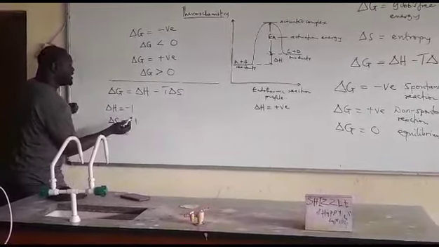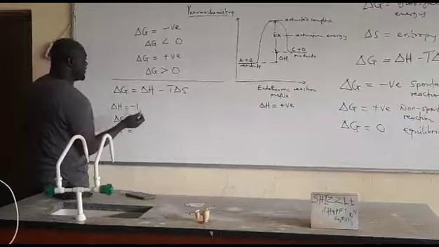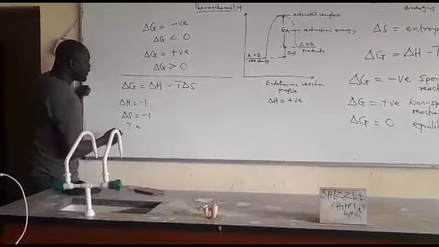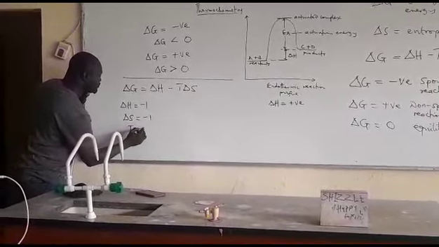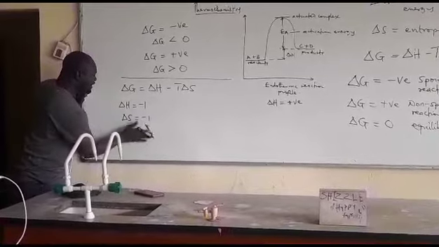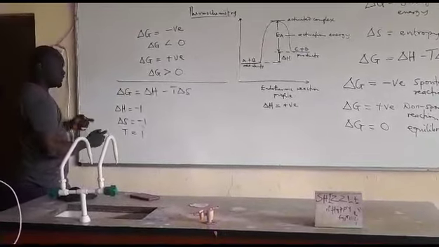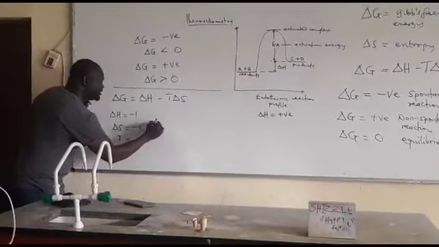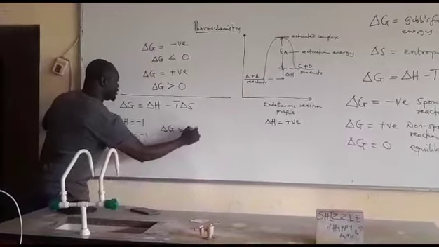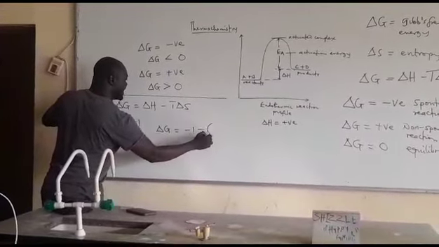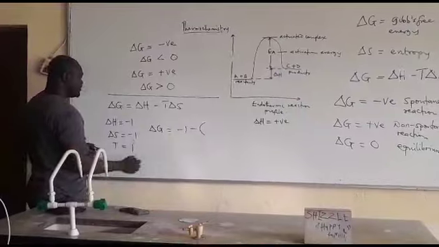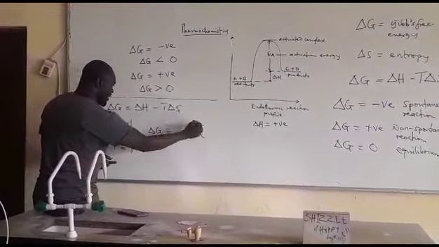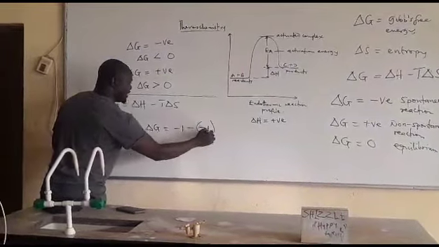Most of the time T is not so relevant, so let's put T equals 1. Let's put those values in. And G will equal what? Minus 1 minus bracket, the 1 is here, minus 1, which is the